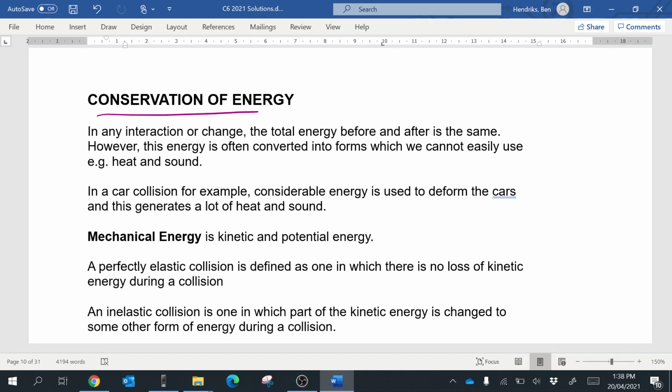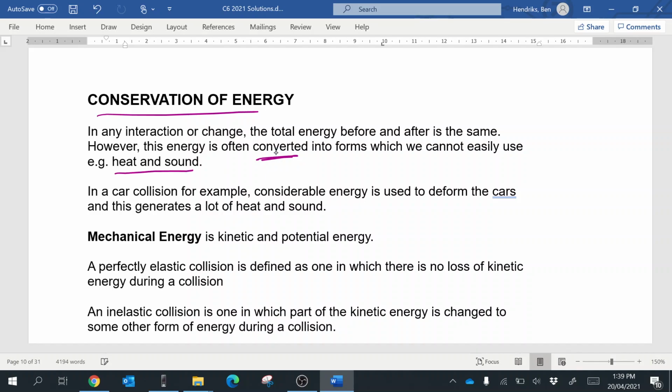Okay, so just like before, conservation means that if a change has taken place, the energy before the change is the same as the energy after the change. Okay, so the total energy in the system. So basically, energy is never lost; it's only converted. Okay, so this is this word here, converted, into forms which we cannot easily use. Example: heat and sound